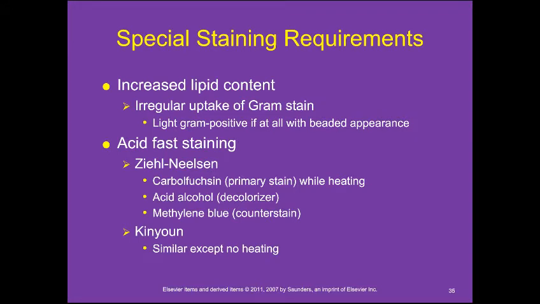So we have special staining requirements. You have an increased lipid content, irregular uptake of gram-positive stain, so like gram-positive, if at all, with a beaded appearance. So, for acid-fast staining, you have 2 methods, Ziehl-Neelsen and Kinyoun. For Ziehl-Neelsen, this is the hot method. Carbolfuchsin is the primary stain while heating, and then you decolorize it with an acid alcohol and counterstain